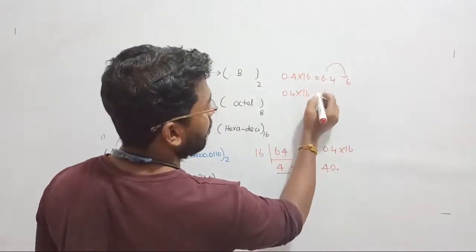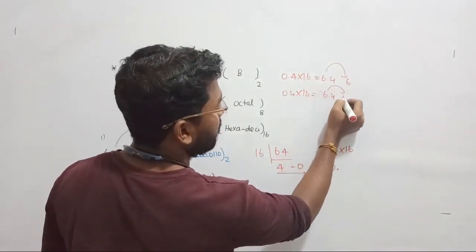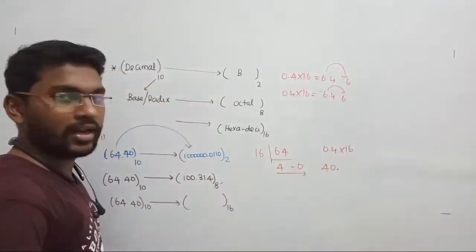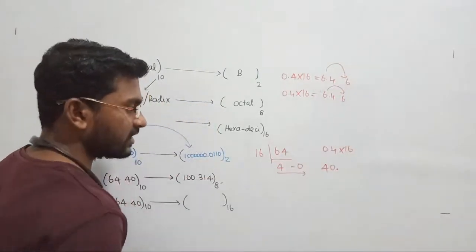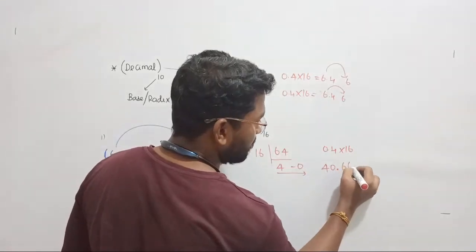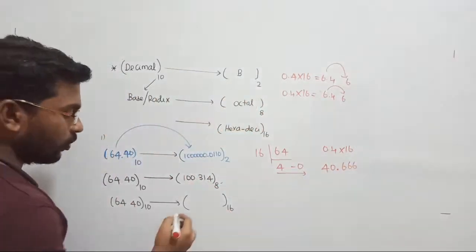Happily, we got some small values. Again, you can segregate it. If you repeat the procedure, again you get 666 only. So the conclusion is what? It is going to be 40.666. So its equivalent value is going to be